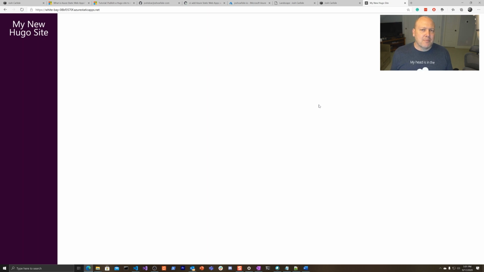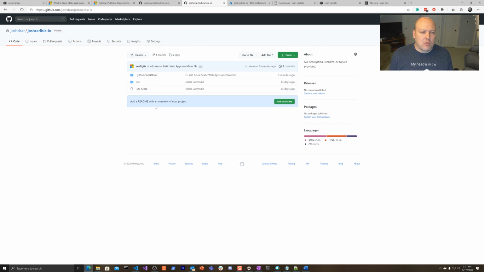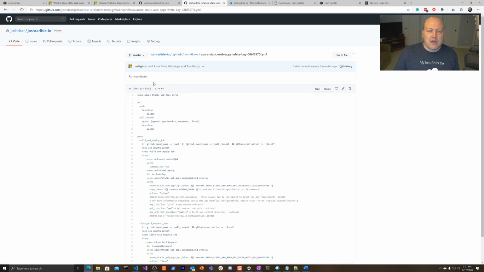But let's go back and decompose a little bit about how this GitHub action is working. So if we go back to our repo, and we go back to our code, we'll see here that we have a new folder called GitHub Actions Workflows. It was created just 5 minutes ago. And now we have a new YAML file. And this YAML file is actually defining our GitHub action. So from here on, we do have the ability to go here and make some edits, make some tweaks, make some changes to what's going on during our build and release pipeline, if we choose to do so.